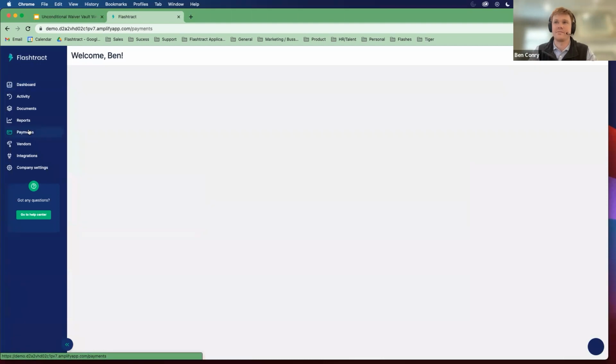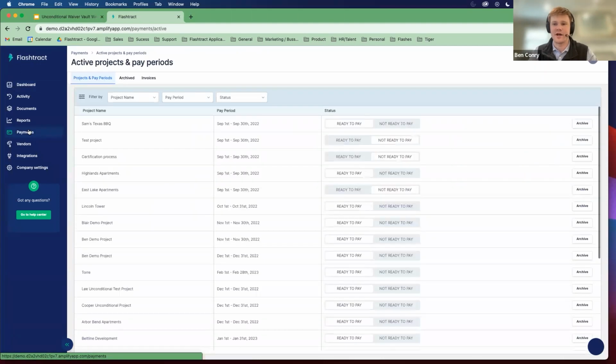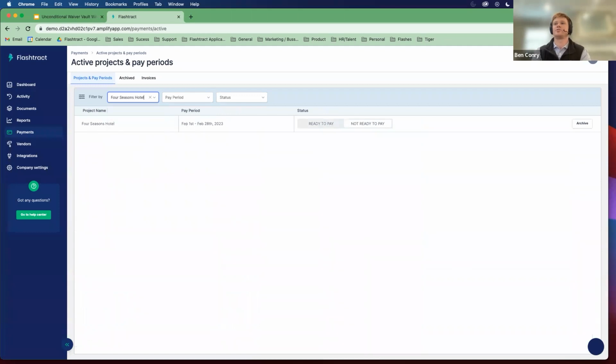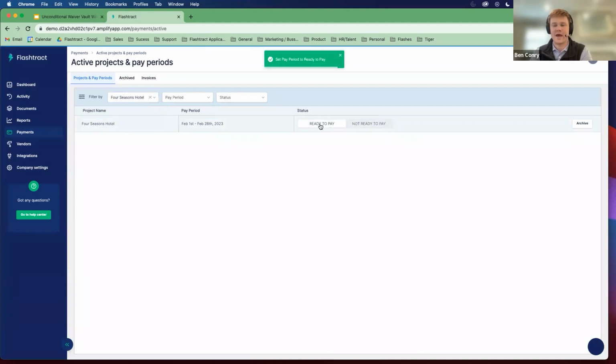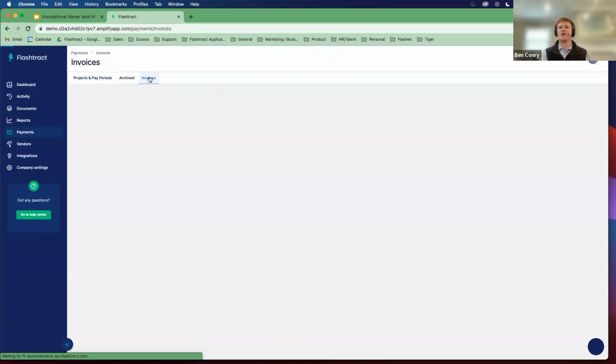So fast forward in time, we've been funded on this job by the owner. So I'll come in here, search for my Four Seasons project, and I'm currently logged in as an accountant. So the accountant role, it's quite simple. All they need to do, search for the job and the pay period, select ready to pay, and that's going to take any invoices that were billed during this pay period on this job and push them over to our